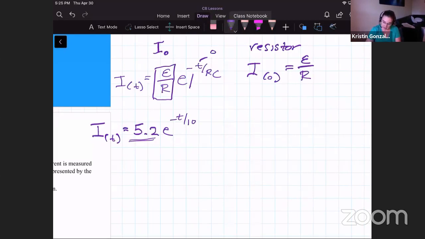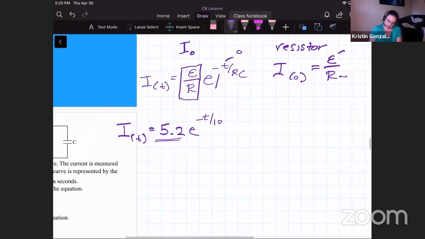Well, this is the voltage source. This is the resistance of the resistor. And so that means that all of that current from the battery is going through that resistor at time 0, because there's no charge on our capacitor. So that is why we can say our capacitor acts like a wire or a closed switch at time 0, because we can use that equation and prove it.